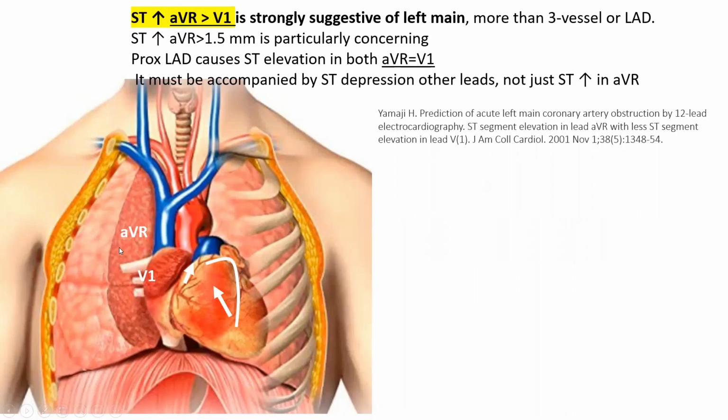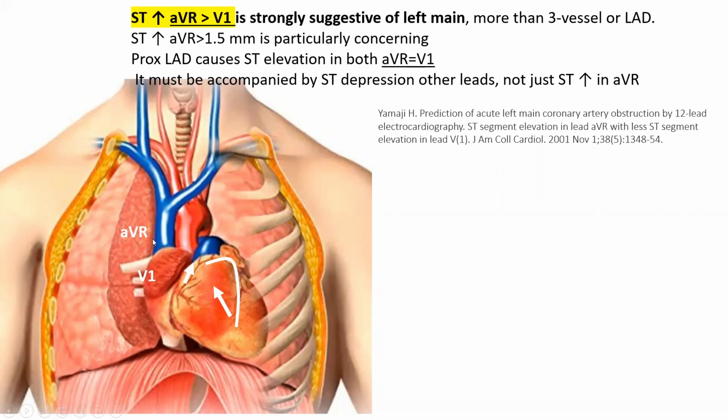That's why left main is that special subset of those etiologies that gives you more pronounced ST elevation in AVR compared to V1. Proximal LAD or 3-vessel disease lead to equal ST elevation in both AVR and V1. You kind of get the point here. So it's all about the basal septum injury and about the fact that in left main, you have left circumflex ischemia that counterbalances that basal septal injury and annihilates the ST elevation in V1, but not in AVR, which is